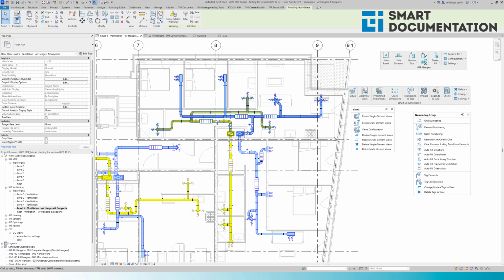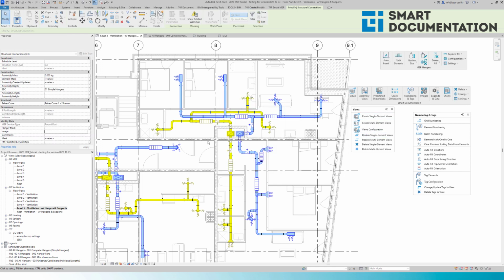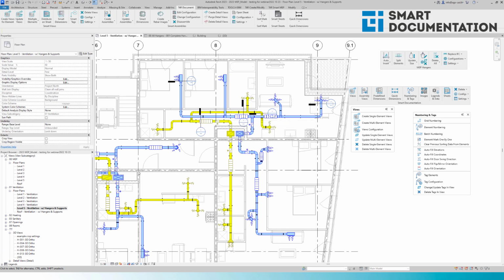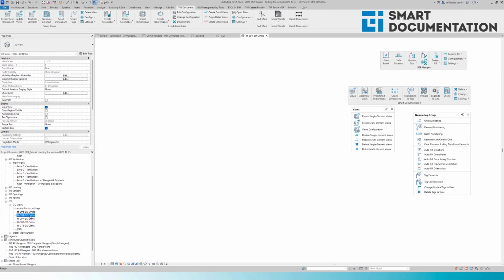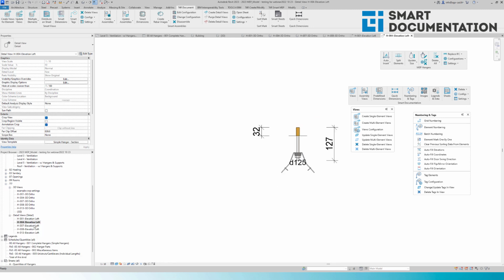So again, selecting just the hangers, create single element views, and let's run the configuration. So now that it doesn't have to create schedules and sheets, it will run a bit faster. And as you can see, the software detected 5 unique elements. So again, just like how many assemblies I had. Okay, almost there. And let's see the result. So I have the same 3D views. And we have, again, dimensioned